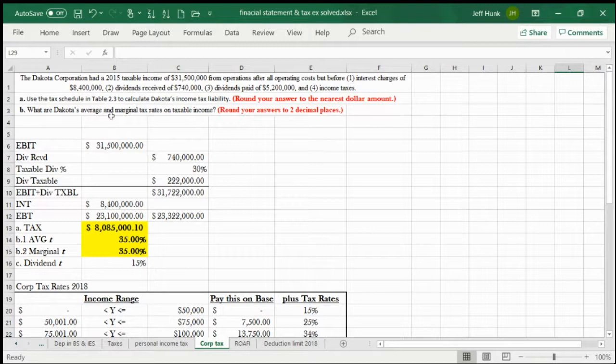So before you read everything, first, what does this mean? They have taxable income of 31